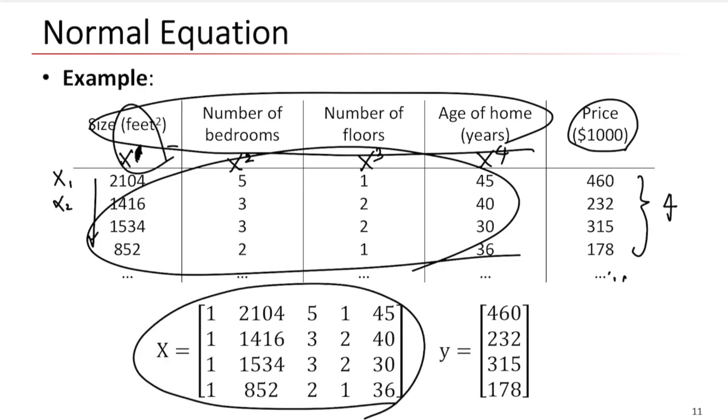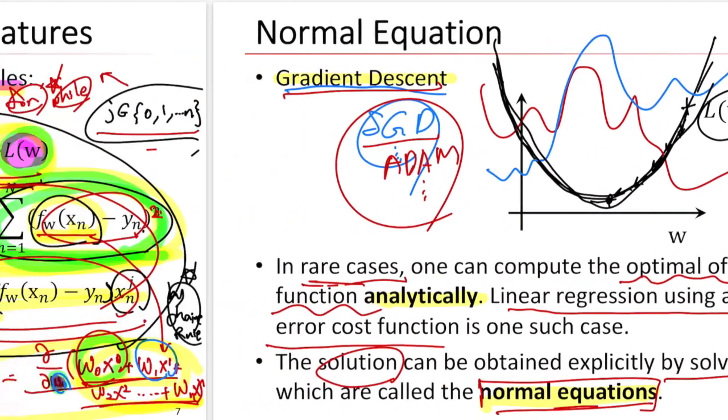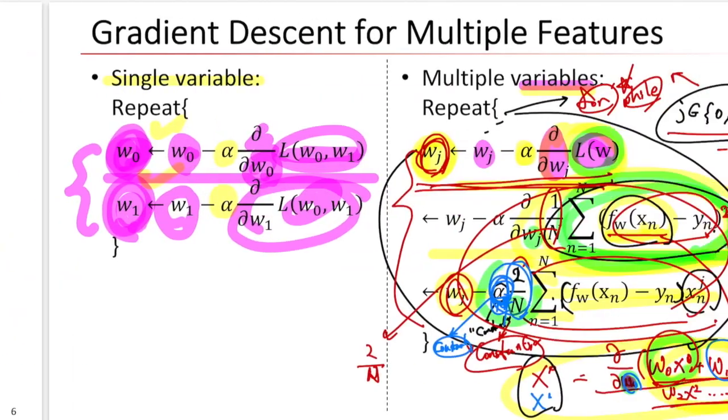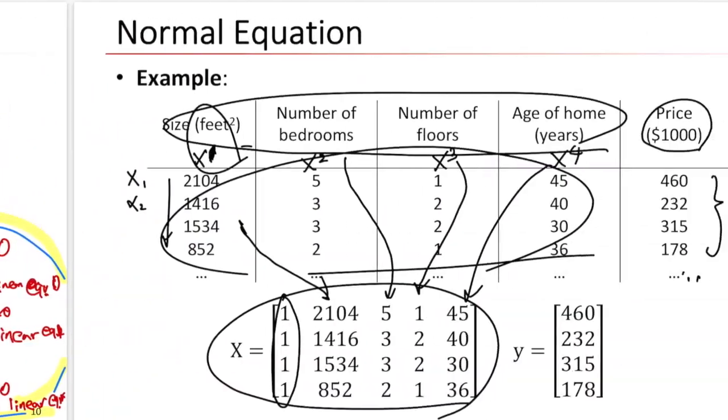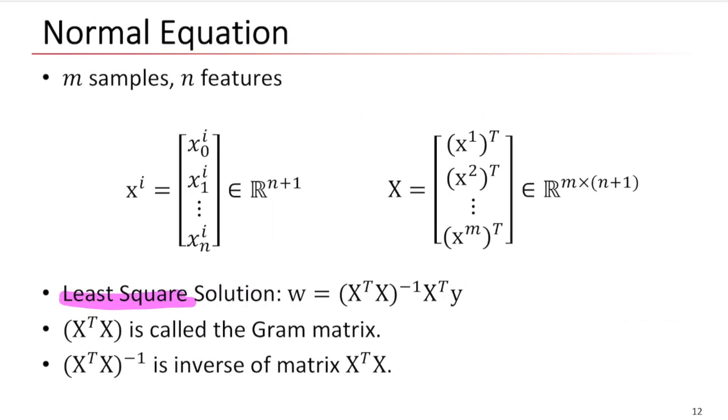What does that mean? This is the size of the feature. So it will be here. The number of bedrooms will be here, here, here. And what does that mean? At the beginning, we define x0 equal to 1 for every sample. So x looks like this, and y, the output variable, looks like this, and